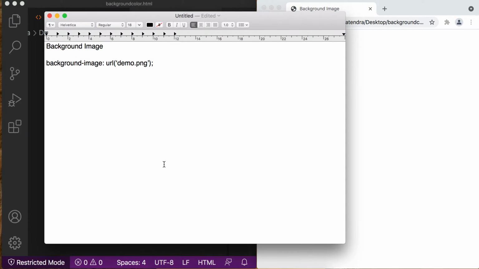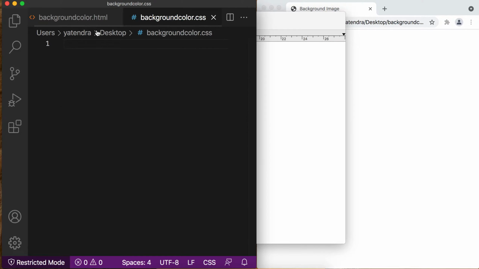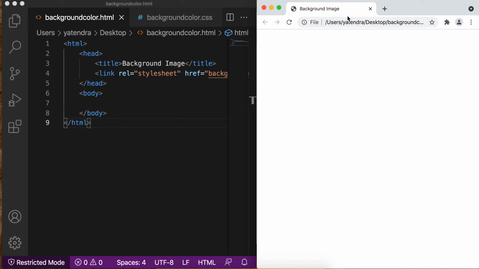So let's quickly start. I am just using the earlier video example, and the file name is background color.html, and the CSS that we are using is background color.css. I am just changing the title here, which is the background image. Now we want to set the image for this page,